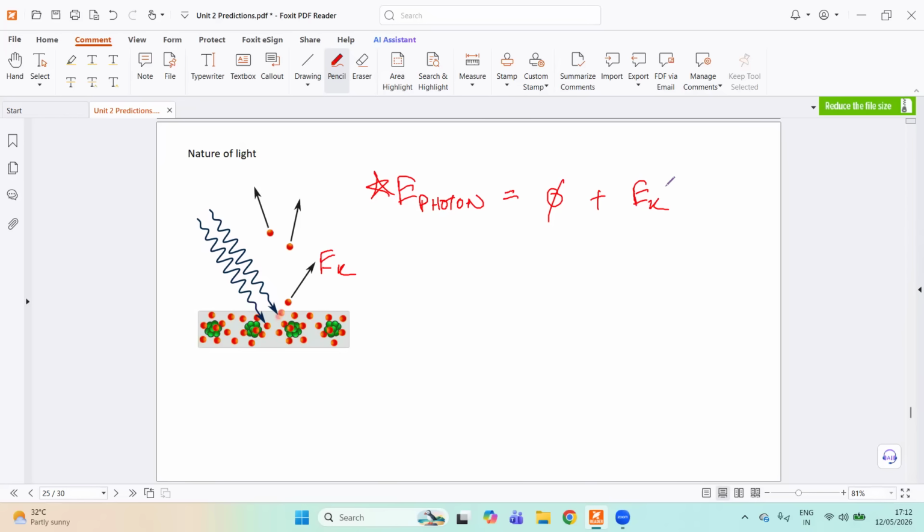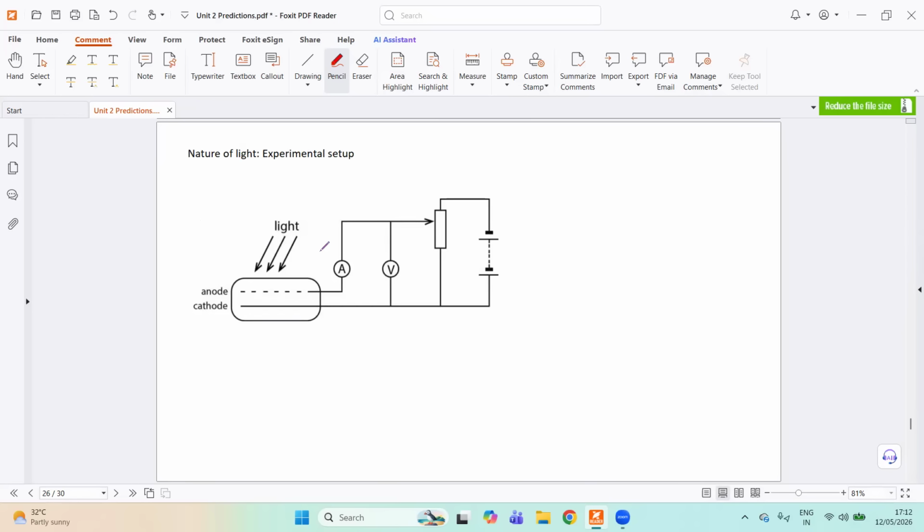You might be wondering, why do you need this experimental setup? Because for this kinetic energy, we know the equation for kinetic energy, half mv squared. The v of the electron cannot be directly measured, right? It has to be found out experimentally like this. What happens is you keep on increasing the reverse PD, okay? And at one point, even the fastest moving electron is stopped. How is it stopped? Because of work done by the electric field. So the fastest moving electron has some kinetic energy, and this kinetic energy is equal to the work done, right?